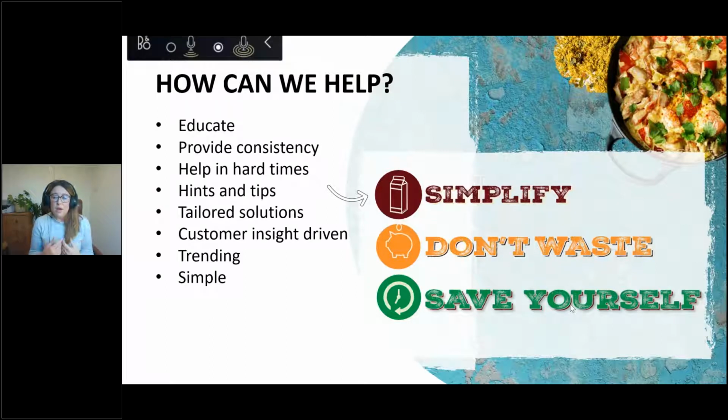But really, we have to keep in mind the current trends out there of no waste and sustainability. Spice blends are a great way of using up ends of carrots or cabbage or whatever veg you've left over, making stocks, then adding some seasonings. Adding a spice blend to soup works really well. We want to support chefs out there with saving time, saving money, saving